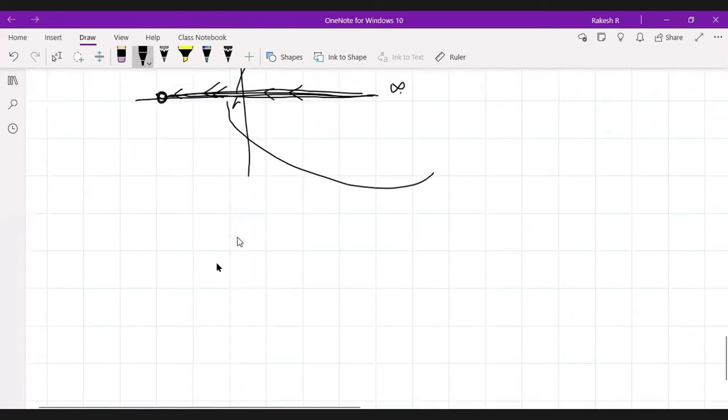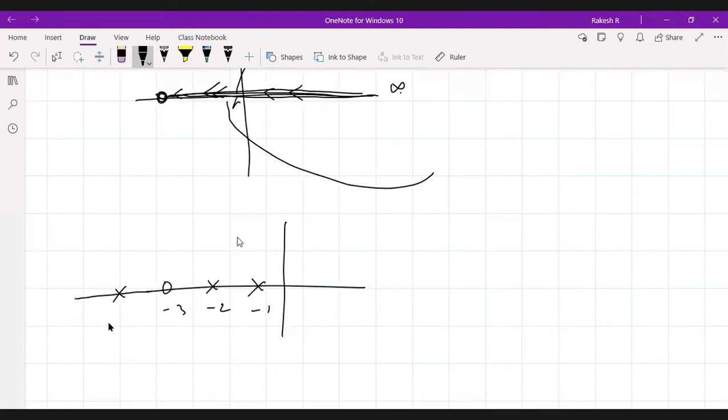We have the root locus like this. We have here one pole, here 0, and here one pole. We need to find out whether the root locus exists or not. First, this is minus 1, this is minus 2, minus 3, minus 4. In the first case, I'll take between minus 1 and minus 2. Does the root locus exist in between these two or not?